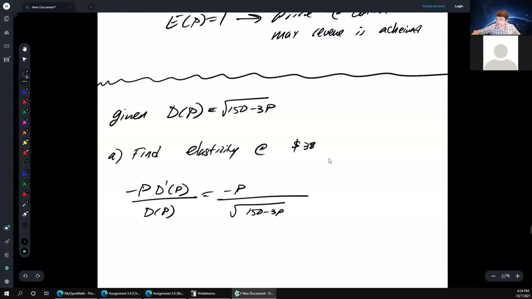And then up top, once again, I'm going to rewrite this as a 1/2 power, so 150 minus 3P to the 1/2. And then we're going to break this up using a chain rule. So the outer function is u to the 1/2. The inner function is